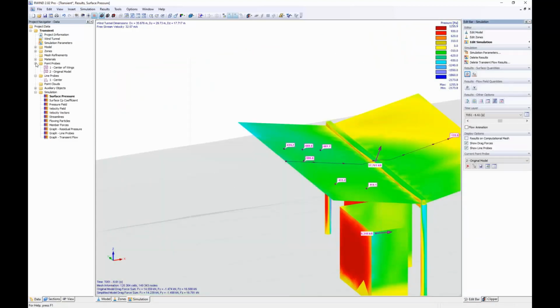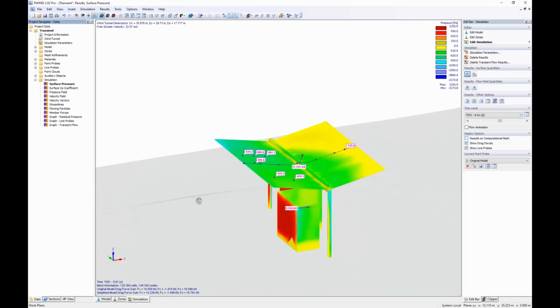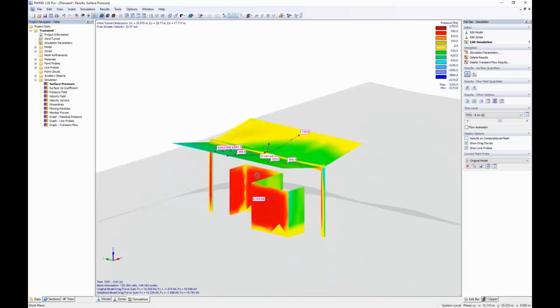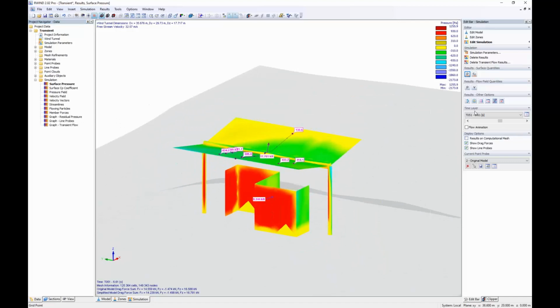So this is maybe the investigation on a line. And now we come to one of the last features of our RWIND, maybe this point clouds. For what we need point clouds? Here I want to explain it with streamlines. So if you check the wind flow around the model,